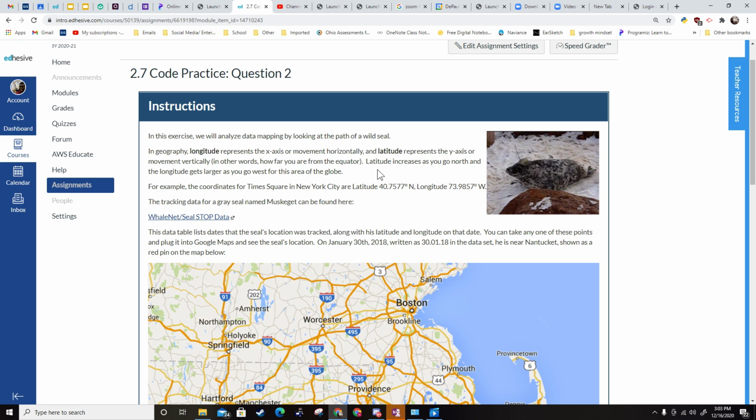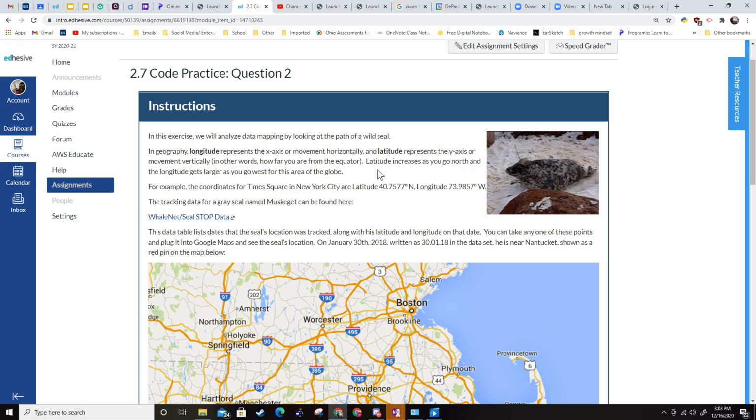In this exercise, we will analyze data mapping by looking at the path of a wild seal. Alright, so in geography, longitude represents the x-axis, or movement horizontally, and latitude represents the y-axis, or movement vertically. In other words, how far you are from the equator. Now, latitude increases as you go north, and longitude gets larger as you go west for this area around the